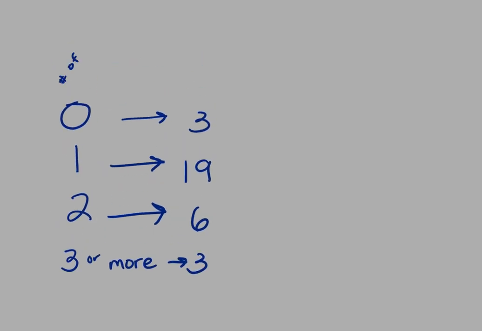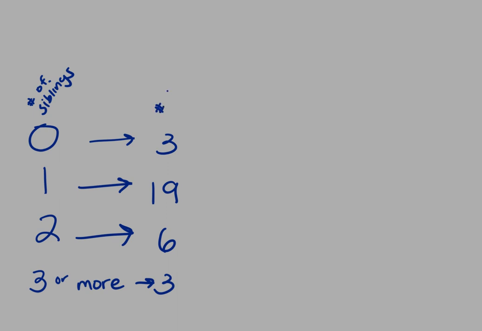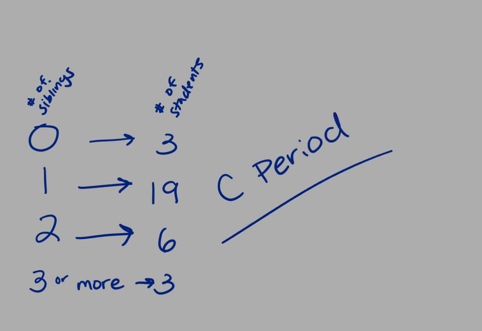Number of siblings and number of students. All right, take a picture of that. That is the data that you need to make your scatter plot, okay? The x-axis, oh,